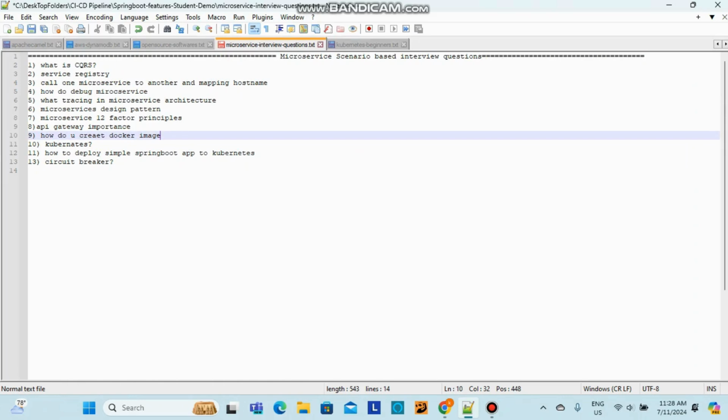You are creating the Spring Boot application, you are giving the port number like 8080 and then running the application. It's automatically running. We are not configuring any Tomcat server or any server configuration, nothing we are doing. The servers are automatically configured. That's called port binding. The port is automatically configured.